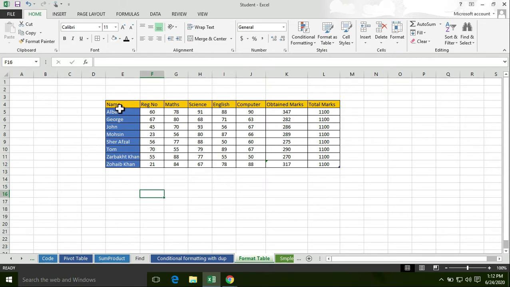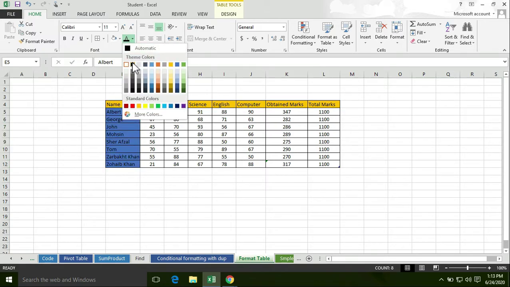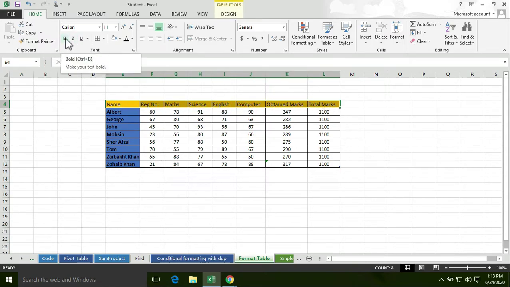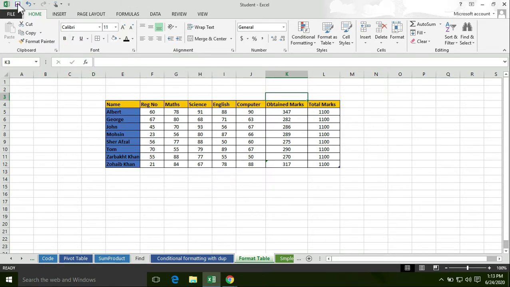First of all, select this row. I also want to apply the same text color to the column. Select the whole column, then select colors. It's up to you what kind of colors you like. So I'm going to select black color. You can also bold the text. Select this whole column and then click on B, bold text. Now select this whole row, click on the bold option under the home tab. So you can bold this text, so the text is bold.